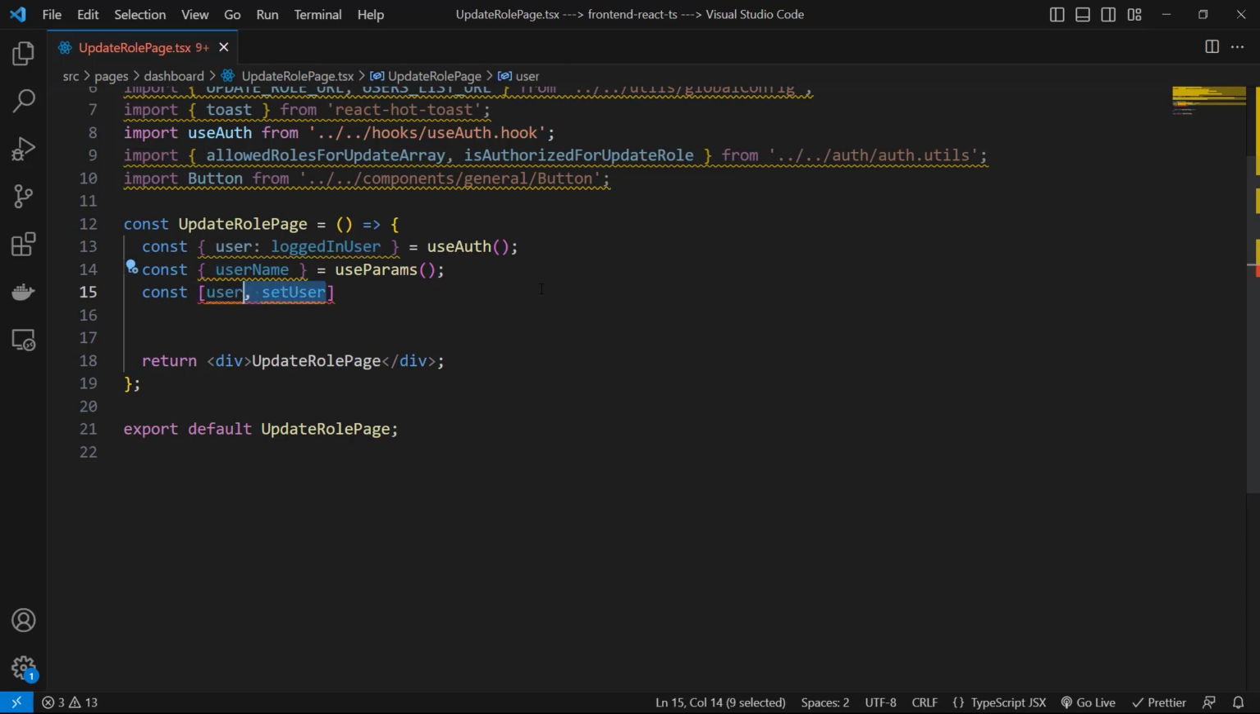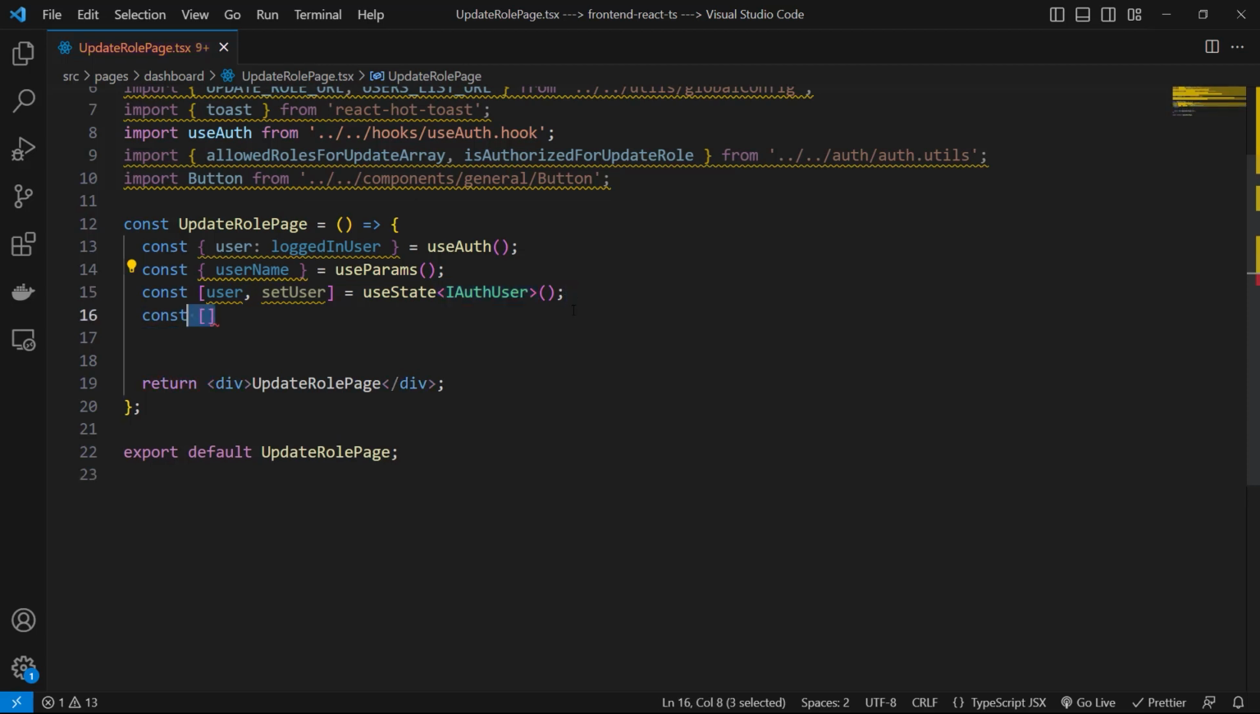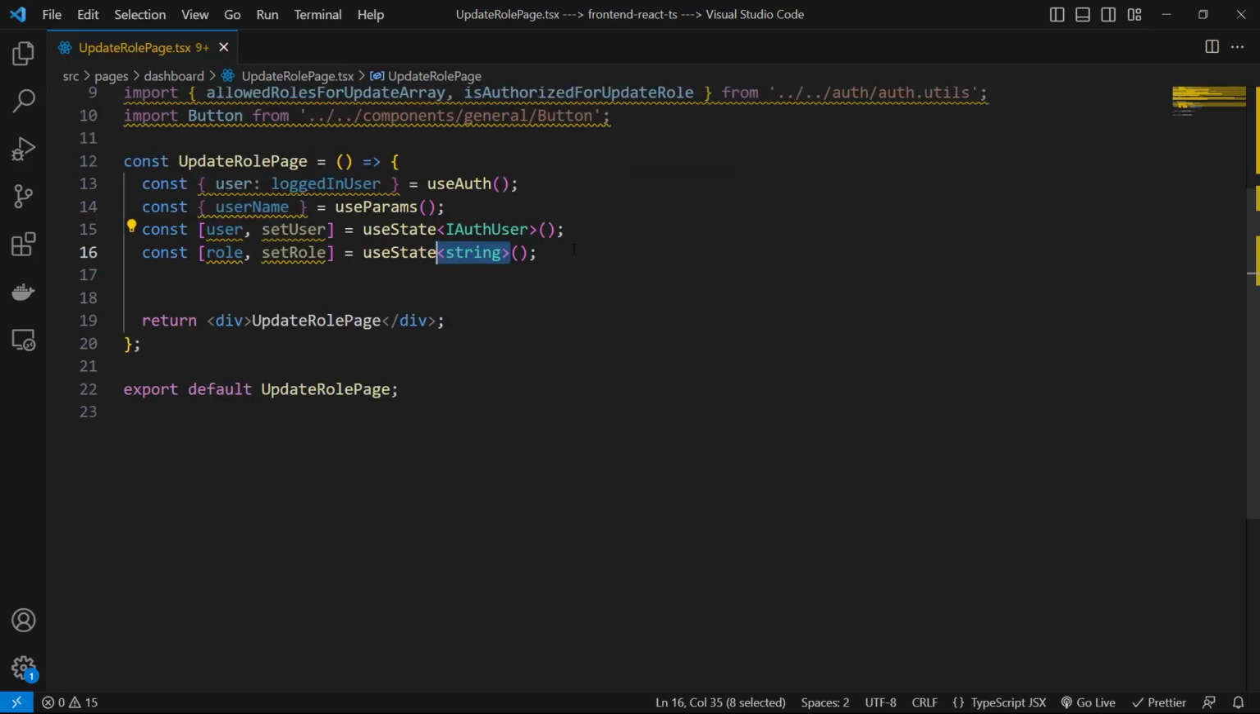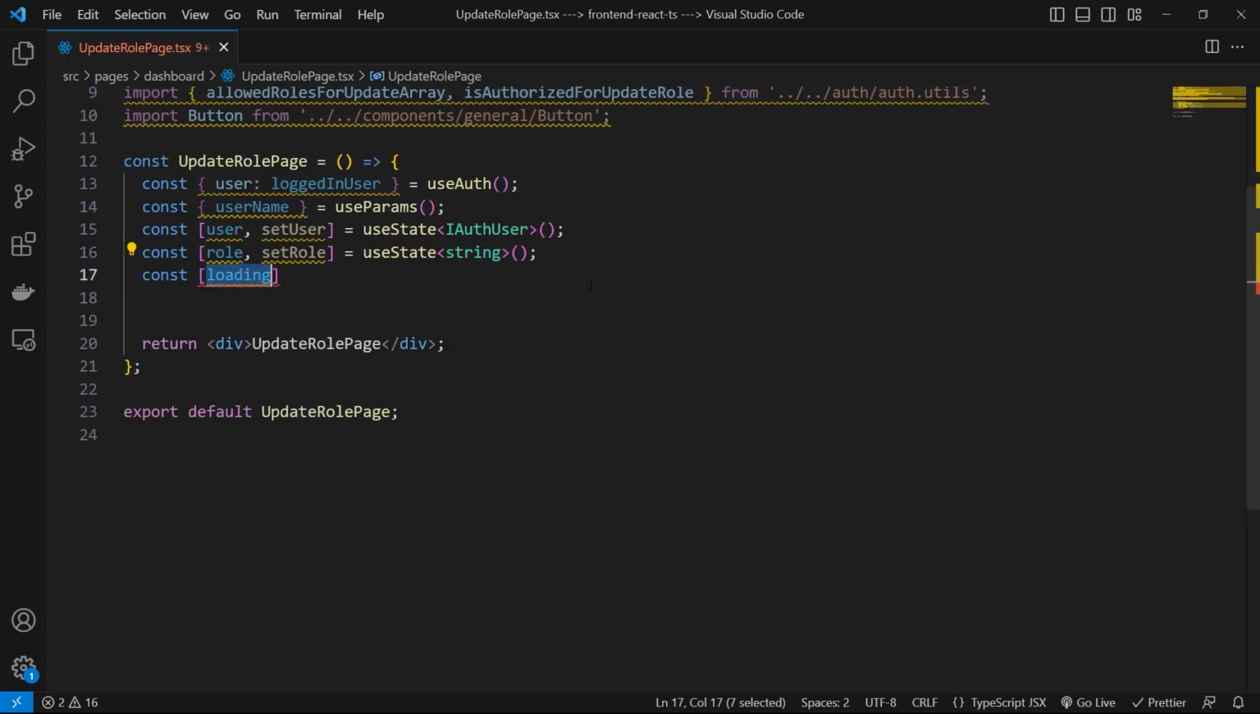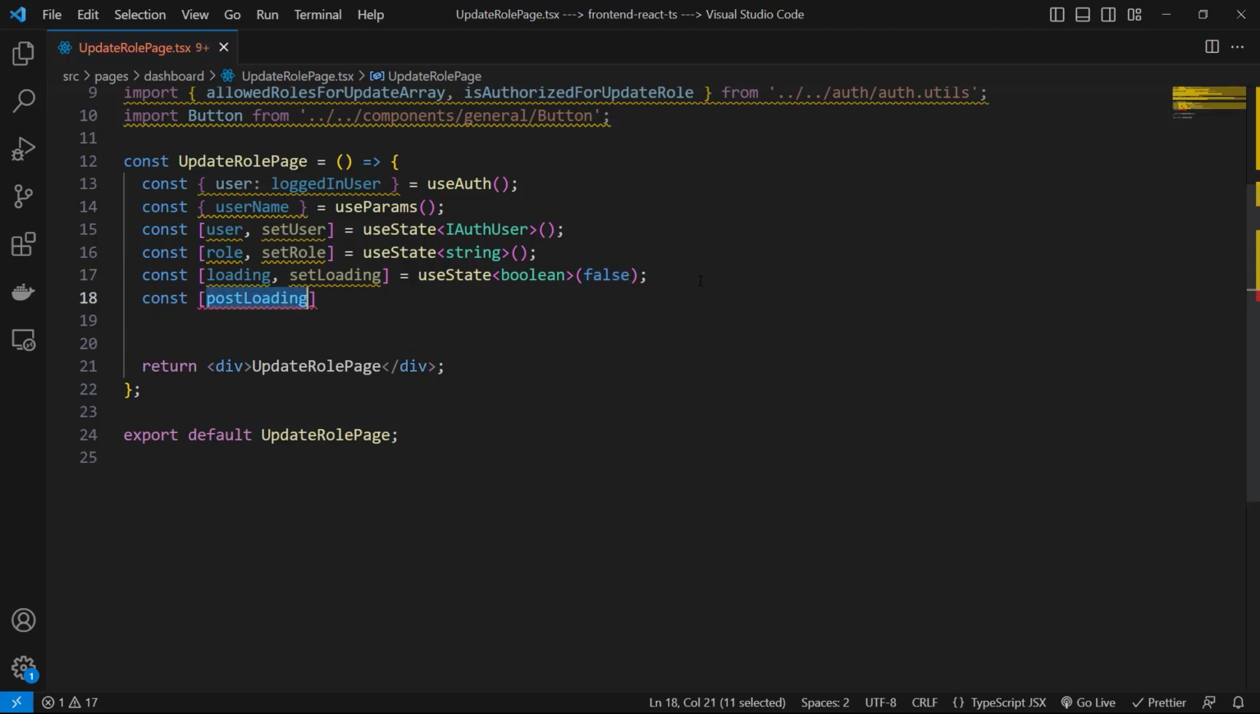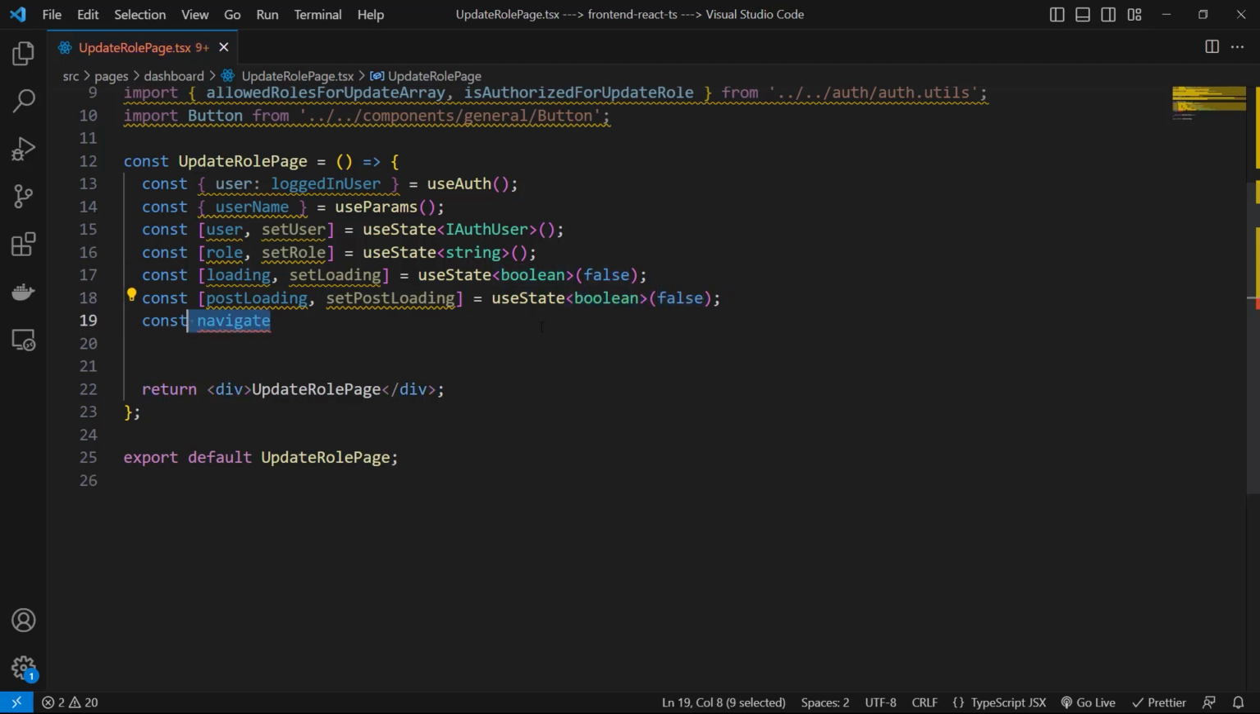And after that, let's destructure the username from the useParams, and also let's have a state for the user and setUser, which is a useState with type of IAuthUser, and then let's have another state for the role and setRole, which is a useState with type of a string, and after that, let's have another one for the loading and setLoading, which is a useState with the type of boolean and default value of false, and also let's have another state for the postLoading and also setPostLoading, which is a useState with type of boolean and value of false,